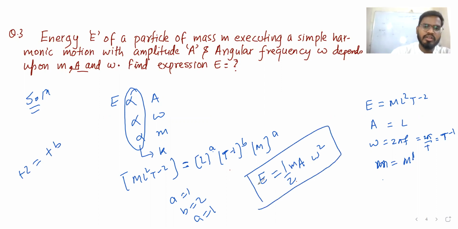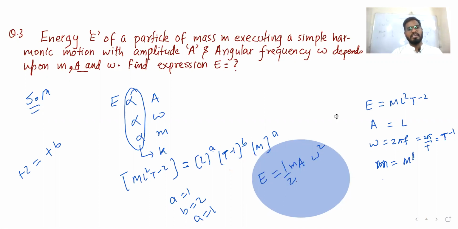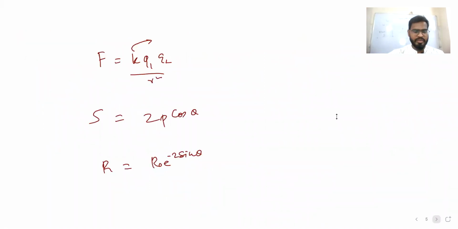That is the formula of what? Let's why you will do by this way? We are going to circle it. That is the formula of what? Energy, right? Energy of a mass m executing a simple harmonic motion. So this is the formula we will get from here. Okay, some more thing here we can get.